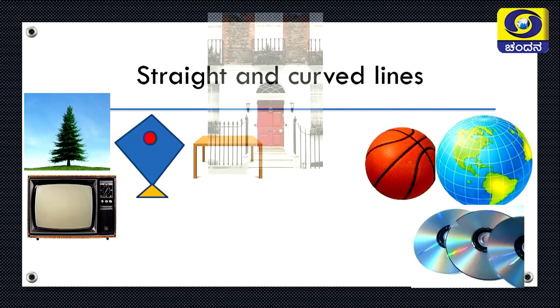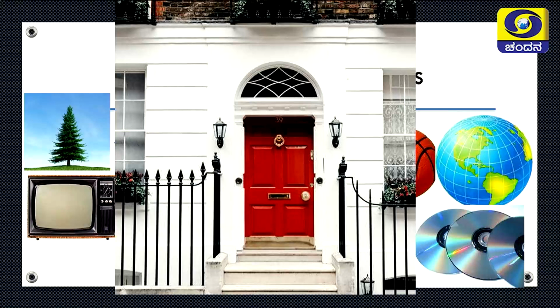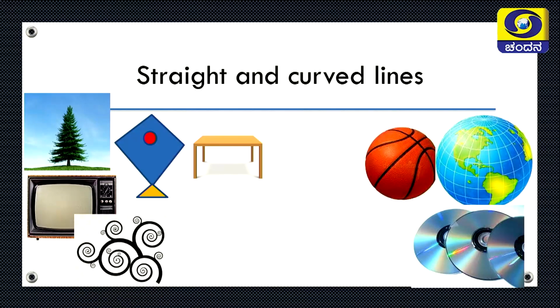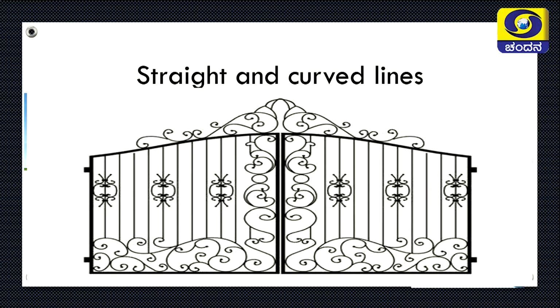See here. It's a picture of a beautiful house. Here you observe the grill gates, door frames and the pattern on the ventilators. You can identify some straight lines and also some curved lines here. By using these lines itself, they have given a beautiful outlook to the house, isn't it? See here. Curved lines are used to make beautification and draw doodles. You can observe how the curved lines and straight lines are used to make a beautiful iron framework here. So these lines make great designs and beautify our surroundings.